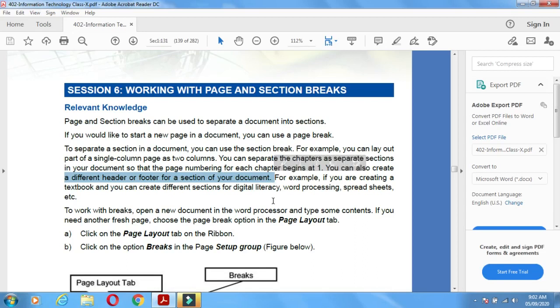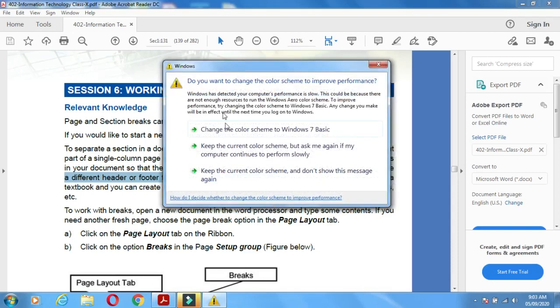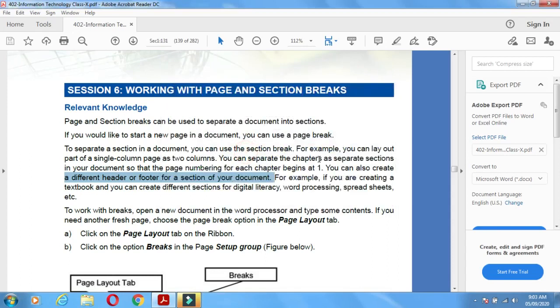Means if you are applying page numbers and you want to apply separate page numbers on each chapter, say you have information about 10 chapters. For the first chapter, the page numbers run from 1 to 10, and chapter second will again start from page number 1 to 6. So those settings you can apply with page breaks and section breaks. That we will see in the practical.